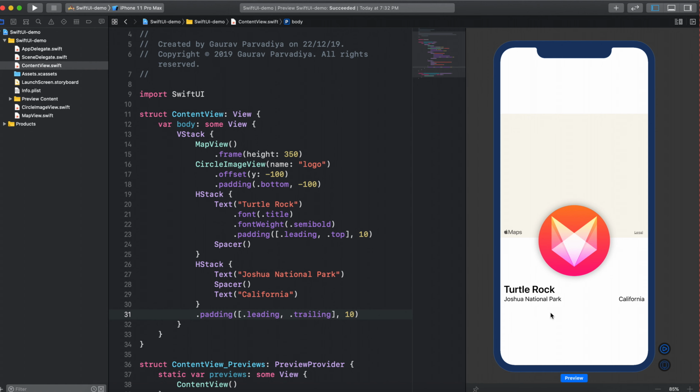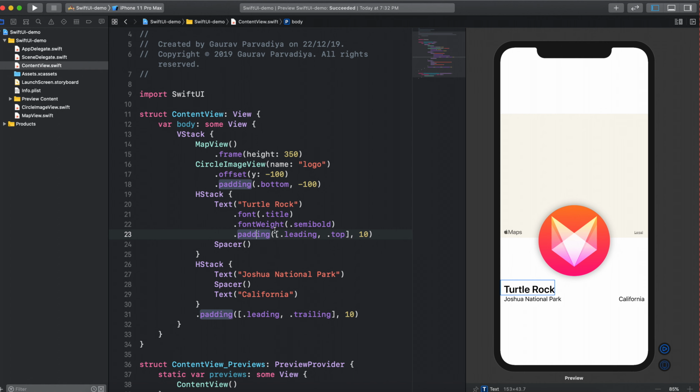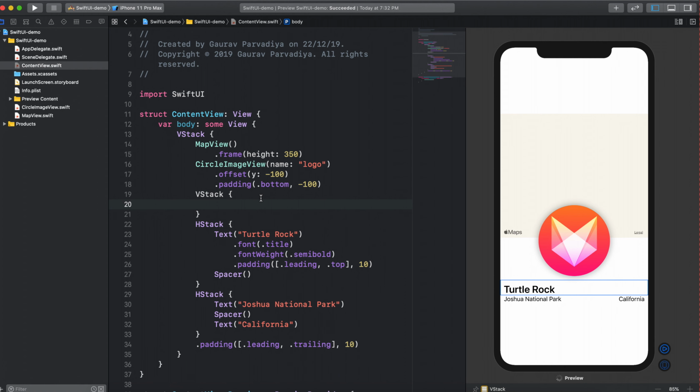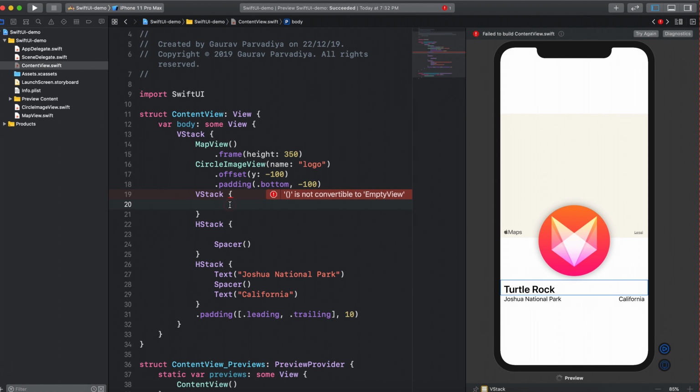So perfect, it looks perfect, except I think that I have a better solution for this one. Instead of passing this type of values and providing the padding like this, we can have a better solution which is very clean. Instead of creating two h-tags, let's create one v-tag first. In the first v-tag we will use this title raw text directly,